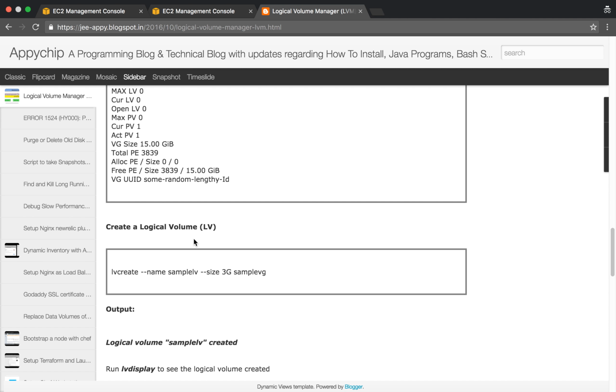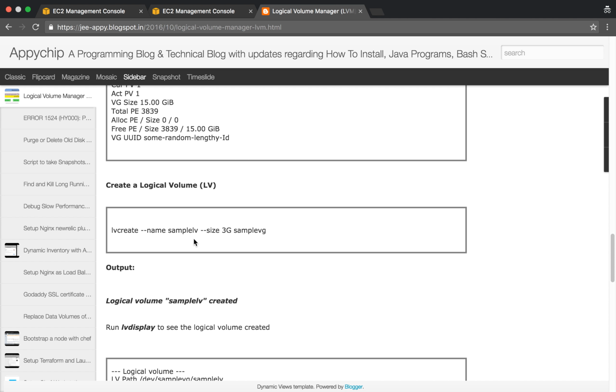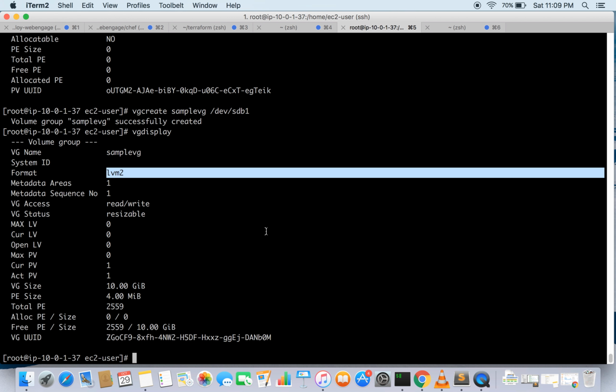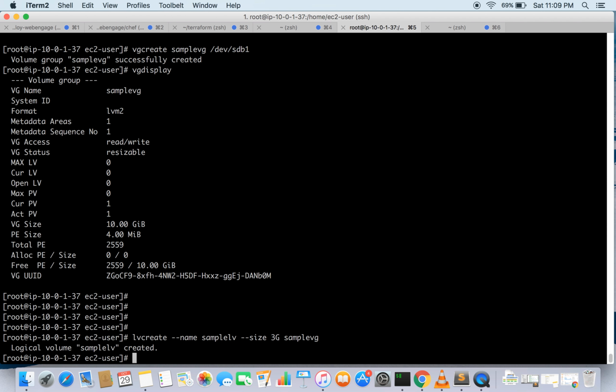Now we will create the logical volume. We can have multiple logical volumes over a volume group. So here we will be creating it with the name sample LV, and we will be giving it 3 gigs of space for now. So the command is lvcreate --name sample LV --size 3G, and we are making it on sample VG. So let's go ahead. Logical volume sample LV created,